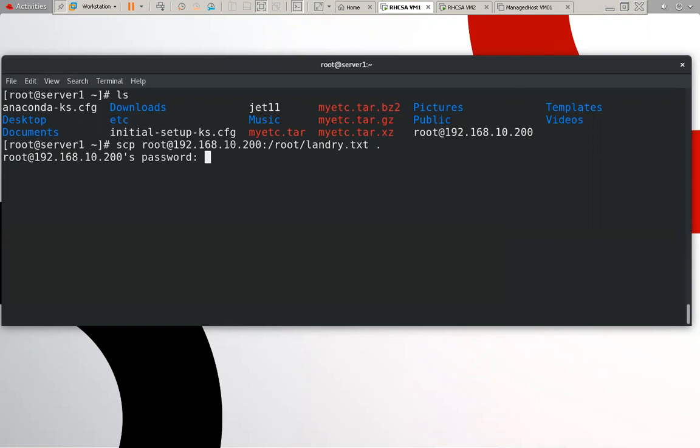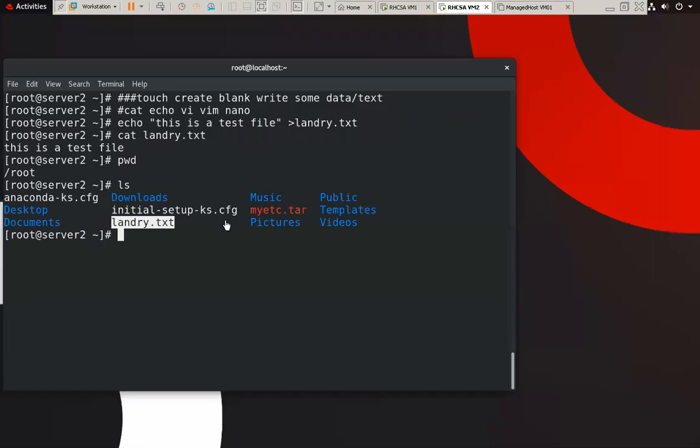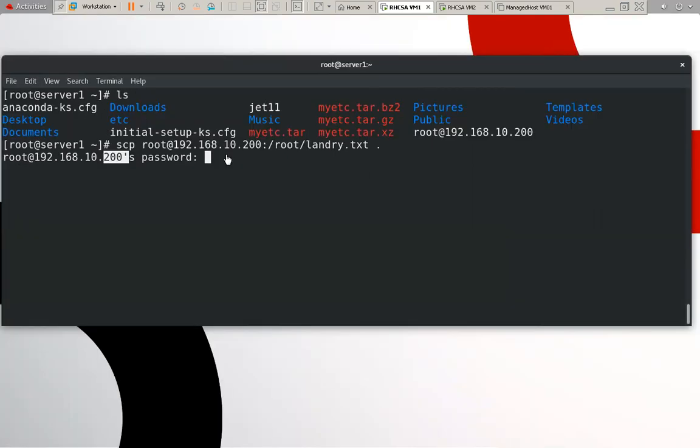Then enter, give the machine's password. This is 200, not 100, because my machine IP is 100. This is the IP of this particular machine. When we have the IP of this machine, then we can access any file or folder. So give the password. Now this file will be copied to my machine.